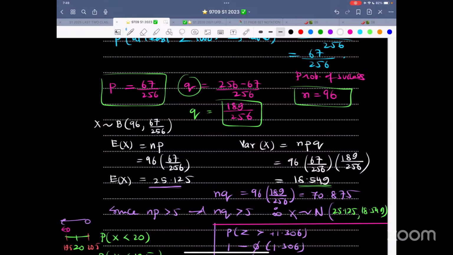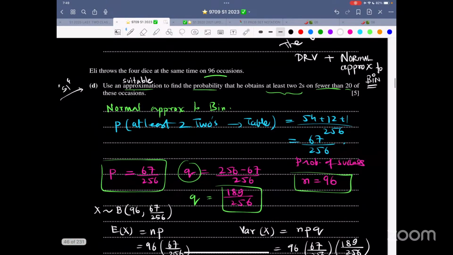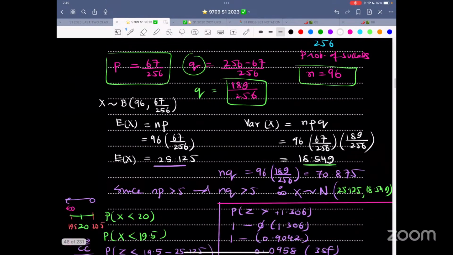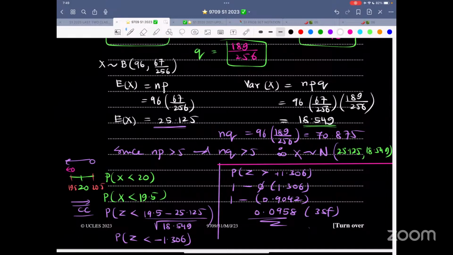A very, very strange question. That means the probability of success was taken out of the DRV. So now expectation of X is NP, variance of X is NPQ. There is also NQ over here. Always make a habit of doing the justification.